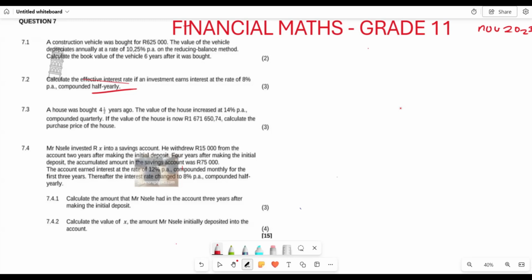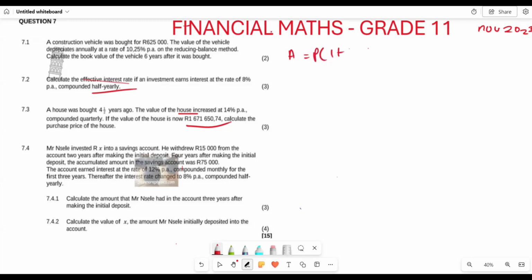Now they want us to calculate the purchase price of this particular home. What is important here is that they say the value of the house increased, which means this is going to be compound interest. So we want to know the principal amount if the house is now worth 1,671,650.74. So now we are going to say A is equal to